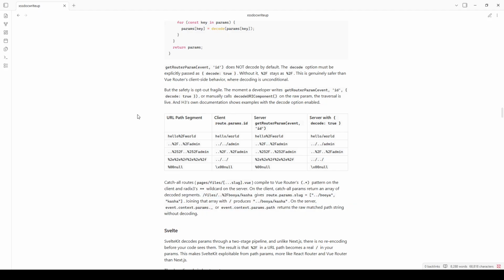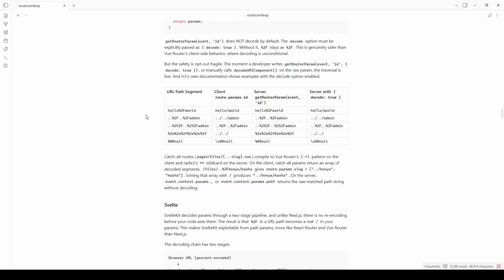All right, sorry. Catch-all routes pages files whatever. The [...slug].vue compiles to Vue Router's pattern on the client, and radix3's wildcard on the server. On the client, catch-all params return an array of decoded segments. Joining that array with / produces nice, cool traversal. On the server,